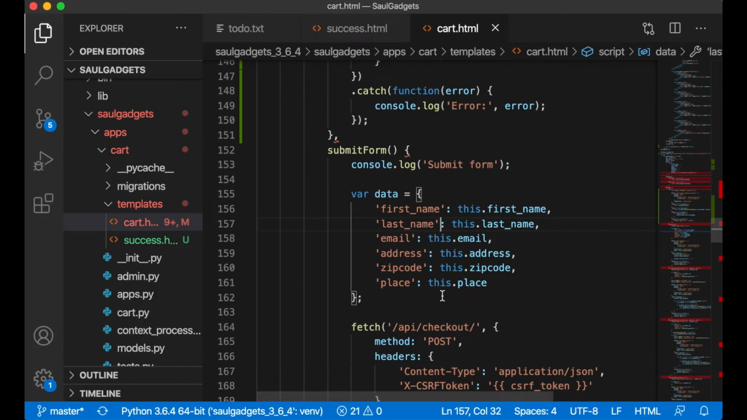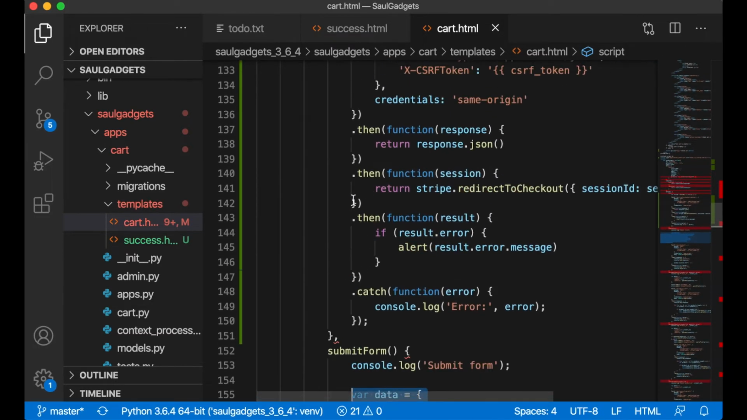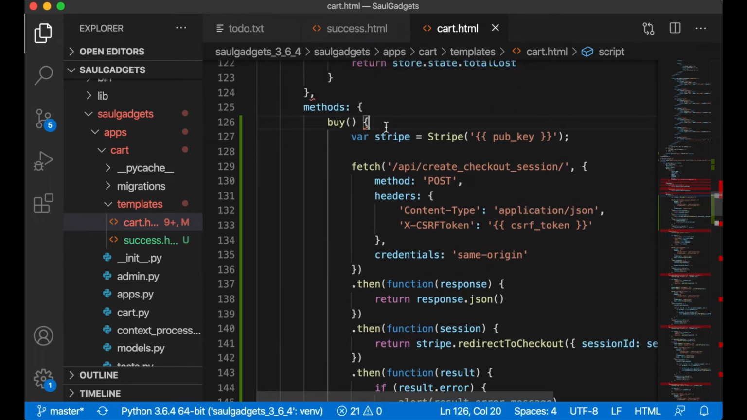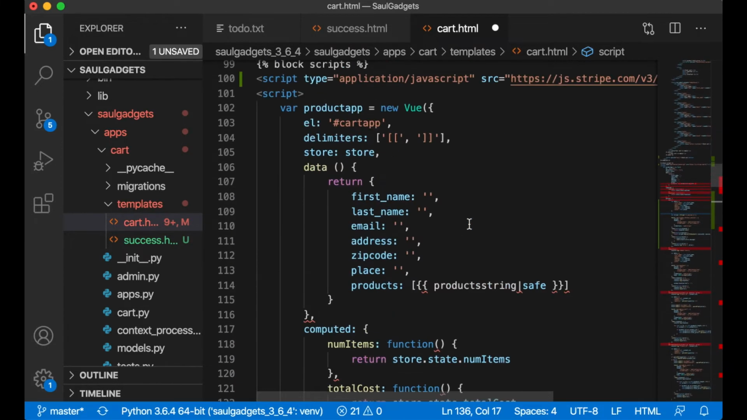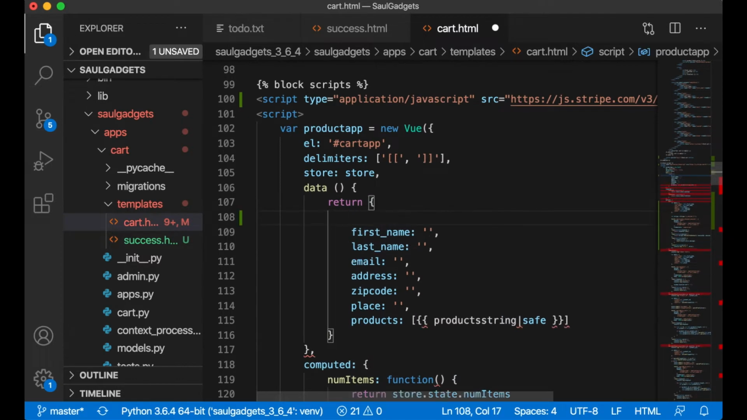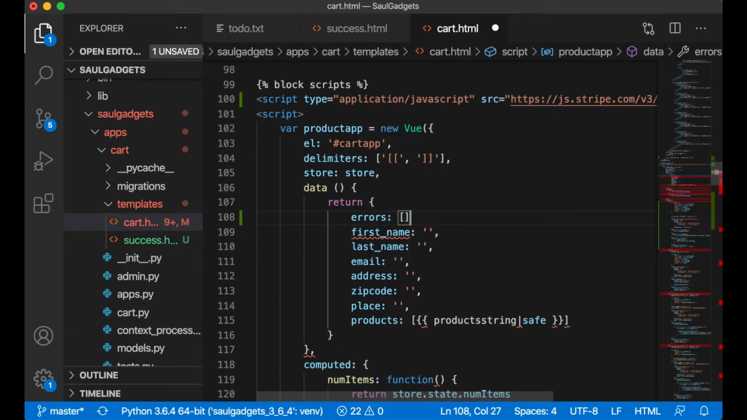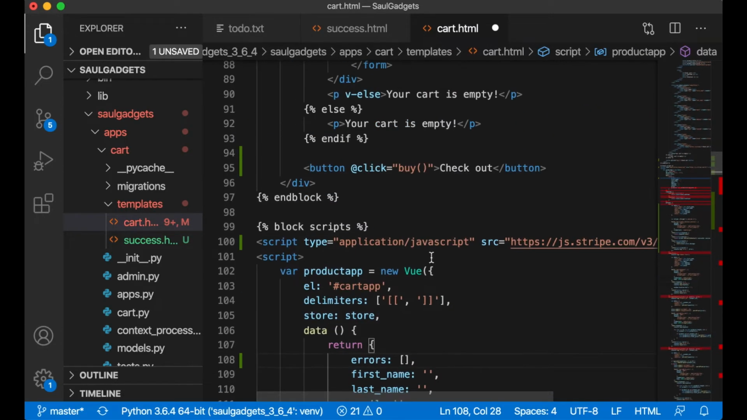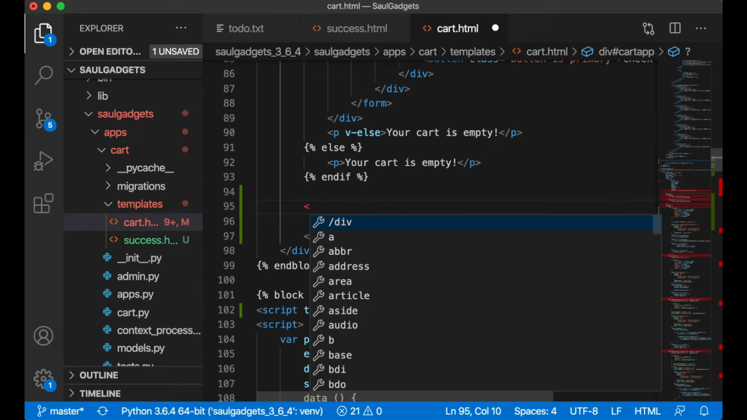But what I can do now is copy this up above here, and I can show an error message if one of these is not filled. So I create a new field called errors. This is just an empty array, and below here I say